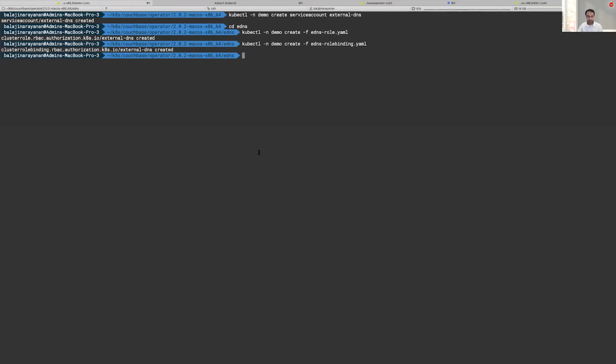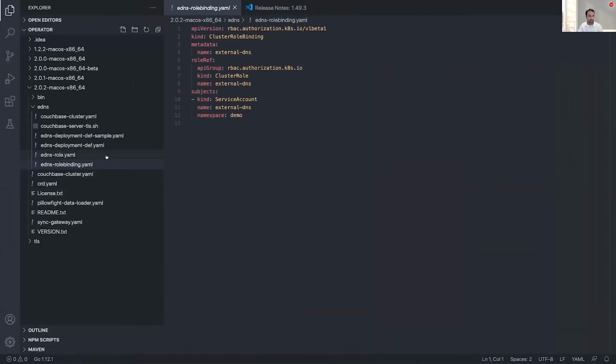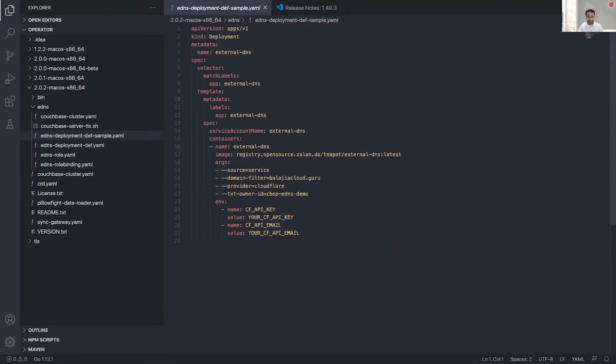And the last step is to deploy the external DNS, right? Before we do that, we need to make sure that we update the values specific to your deployment. So this is the external DNS deployment definition file, and the important attributes to look at are the service account name, which is external DNS, the service account that we have created. And the next thing to note is the domain filter, right? This argument tells external DNS to only consider DNS entries related to